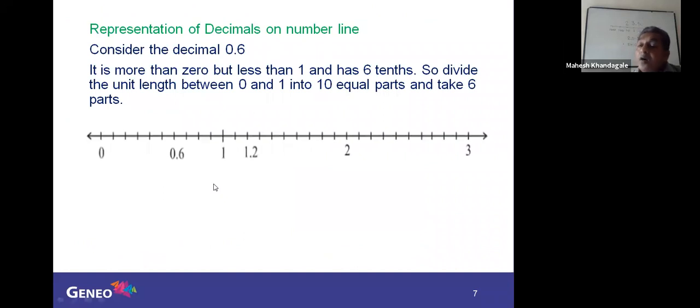So then, how can we represent decimals on a number line? So on the number line, if you see, the unit length between any two integers, which are 1, 2, 3, 4 and so on, okay? And if we divide this unit length into 10 equal parts, each part will be 1/10. See here.